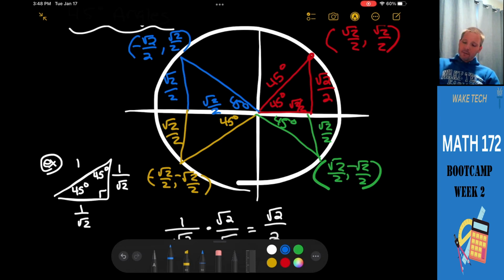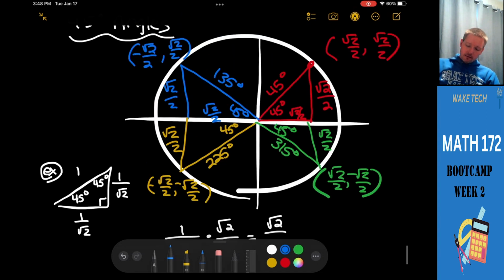We'll label the angles the same way we did earlier as well. 180 minus 45, that's 135 in quadrant 2. In quadrant 3, just like we've done the last 2 times, it's 180 plus 45, that's 225. Just like we've done the last 2 times for quadrant 4, 360 minus 45 is 315. So we could answer